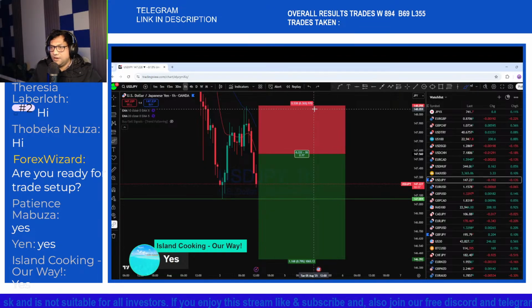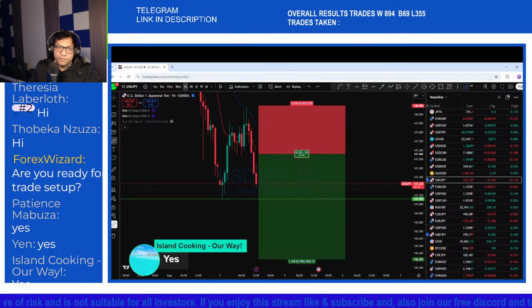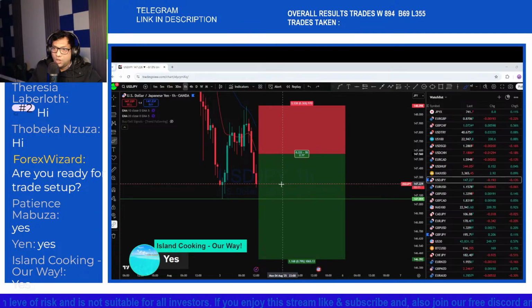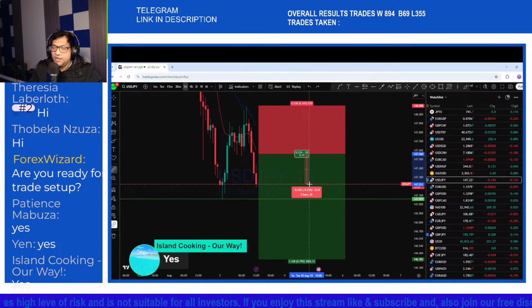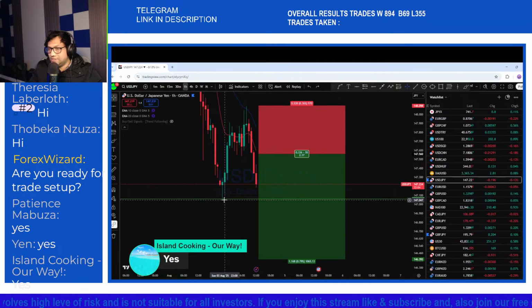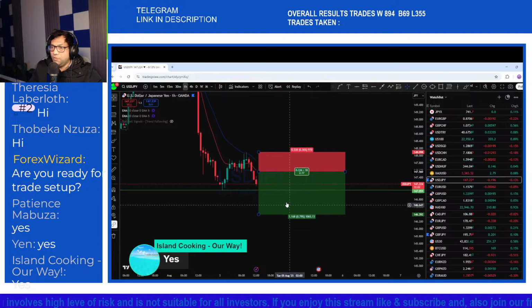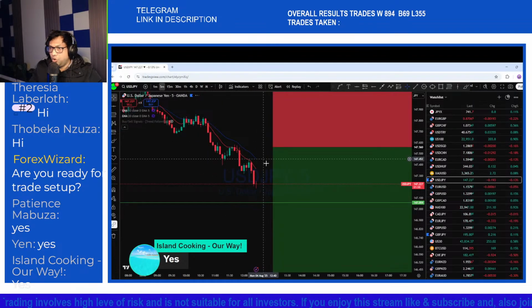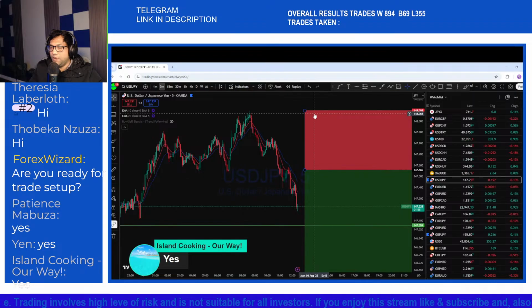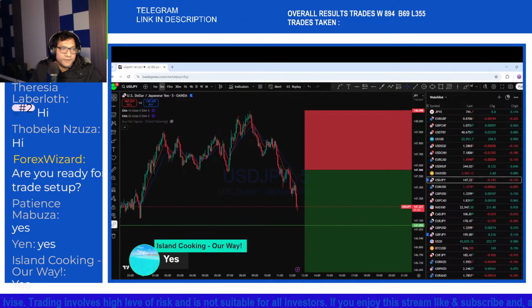So this is a bearish market at the moment. We are on a trade, and I am happy to take the profit once we see at least 35, 36 pips already running in, because it's approaching this support level. From here we may see potentially a continuation back below here, or we could see the market go back again to retest the daily high. So dollar yen is in a very strong bearish trend.